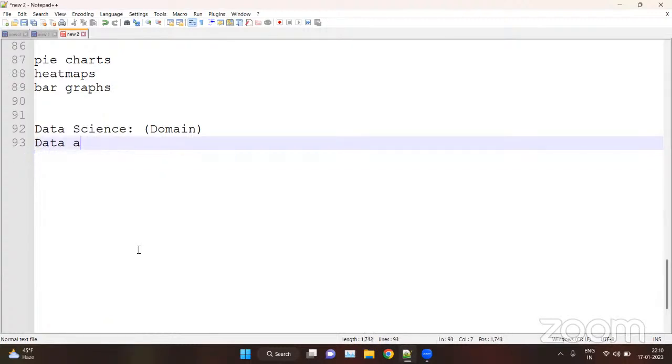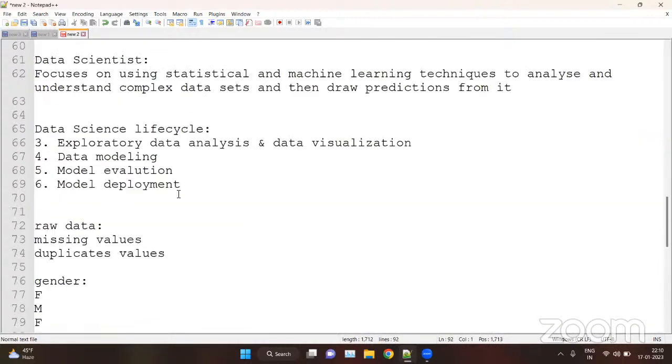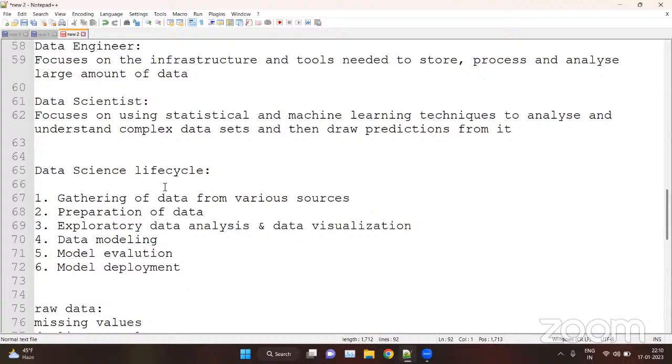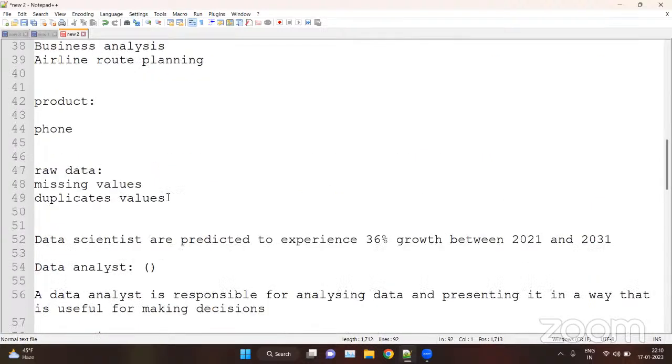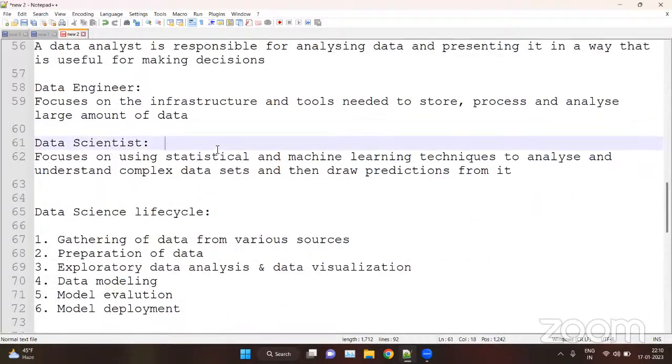It depends on whichever path you choose; you have to work on it. If you're choosing data scientist, you have to work on your ML part also. If you're choosing only data analyst, then ML is not compulsory. If you're choosing data engineer, ML is not compulsory either. But if you're choosing data scientist, then ML is important, because you are preparing your data and feeding it to an ML algorithm. So you should know how an algorithm works, how many types of algorithms there are, and which algorithm is suitable for which type of data set or scenario.